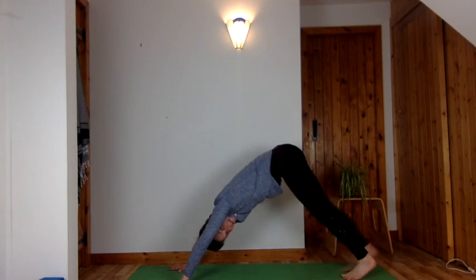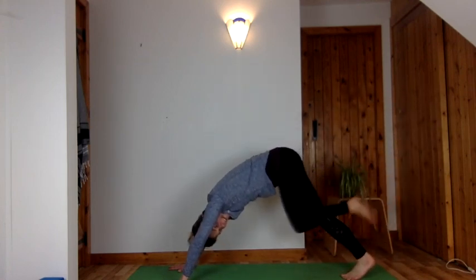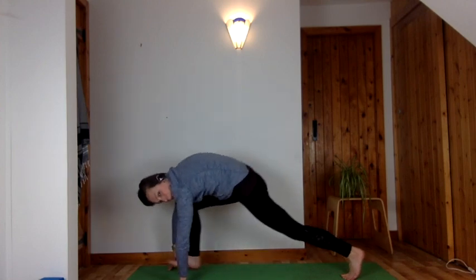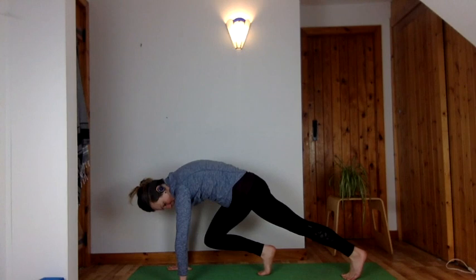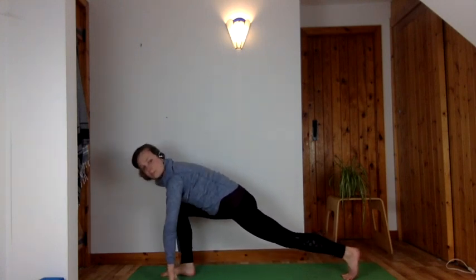And then breathing in as we raise up the right leg. Breathing out as we bring that knee towards the nose. And then bringing the foot either down to the middle of the mat or all the way forwards to between the hands. So from the middle, we can maybe hop the foot to in between the hands into our high